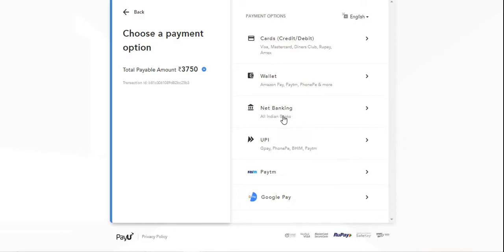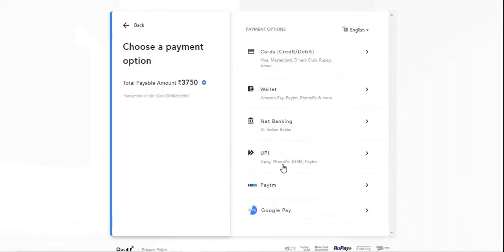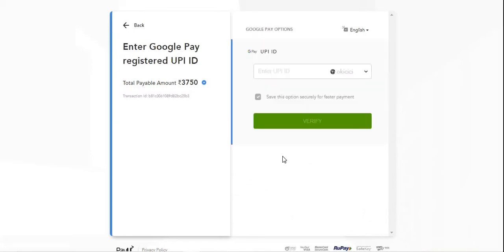You can pay through net banking. You can pay through UPI. You can pay through Paytm, and you can pay through Google Pay as well. So I am going to select Google Pay here. So in Google Pay,